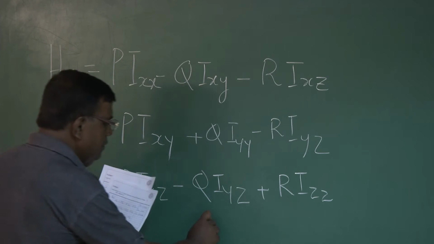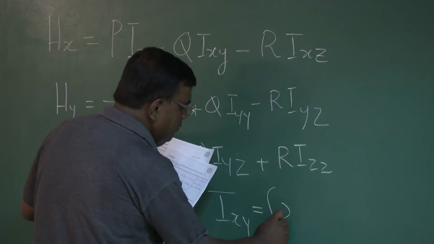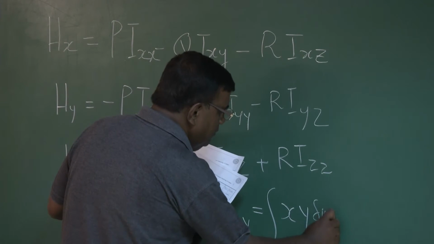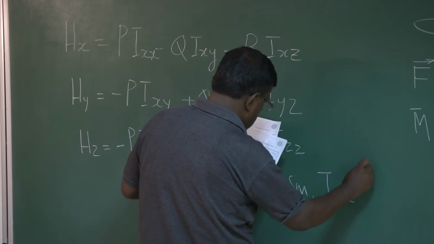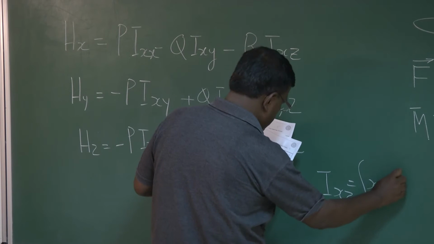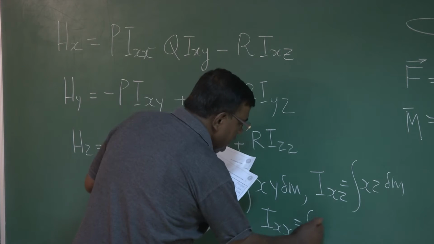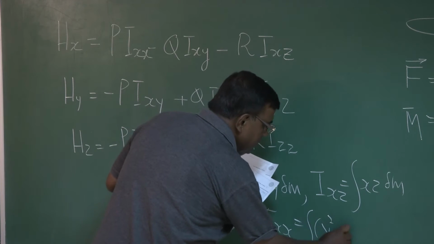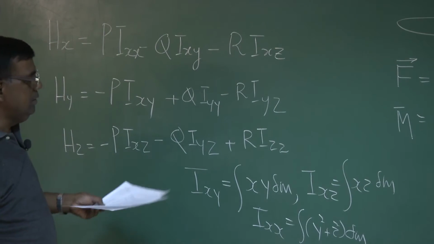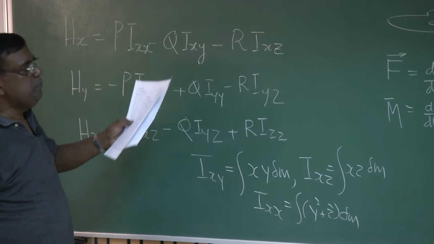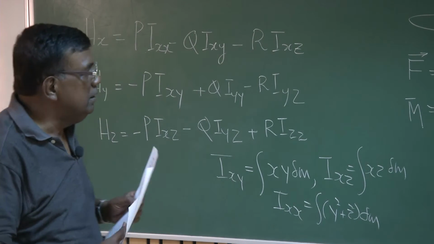And we also wrote Ixy is nothing but the integral of xy dm. Similarly, Ixz is the integral of xz dm. And you all know Ixx will be the integral of y square plus z square dm. These are by definition. So up to this point, we have no issues, but we should not forget when we